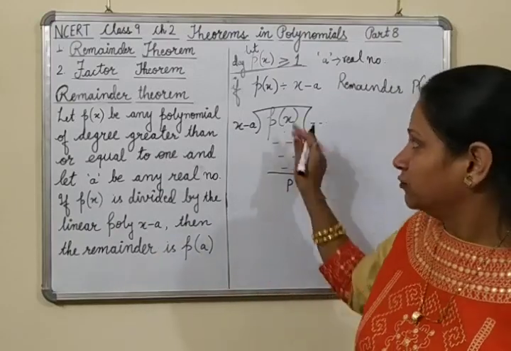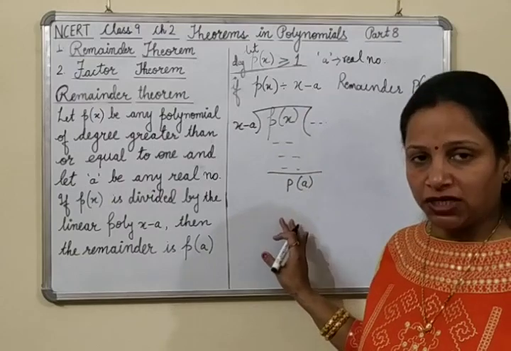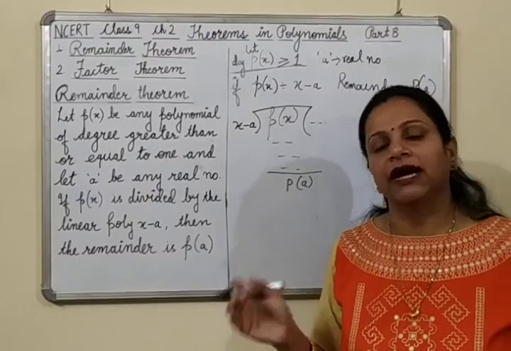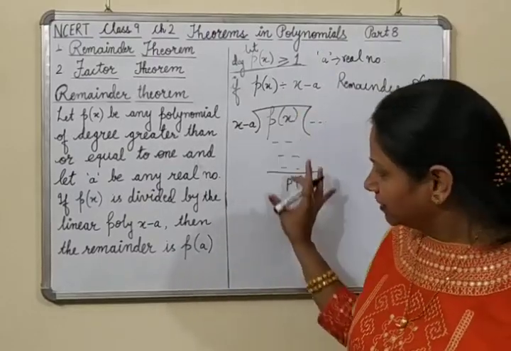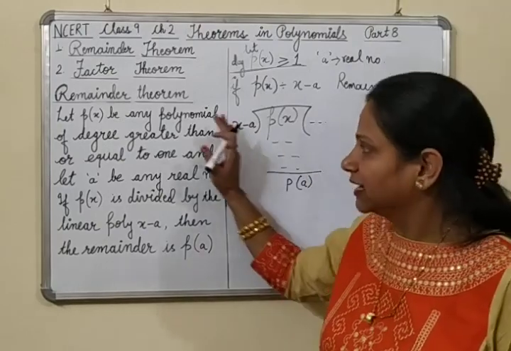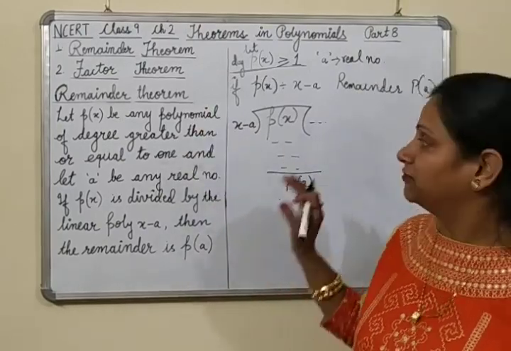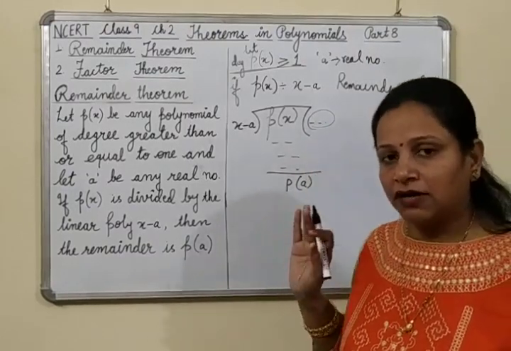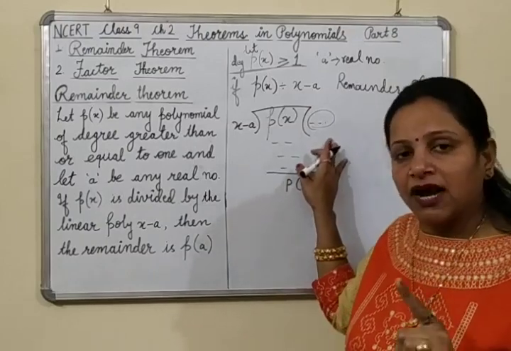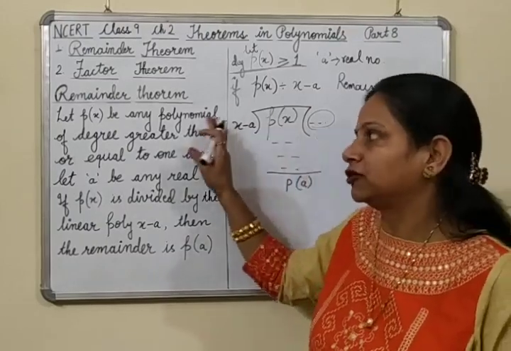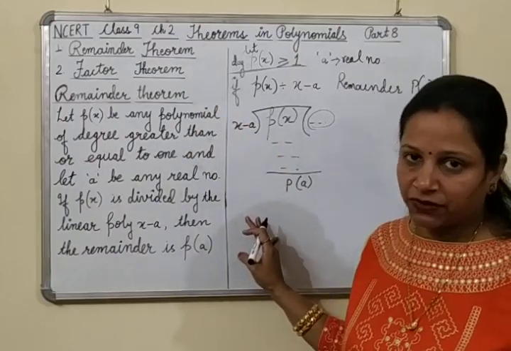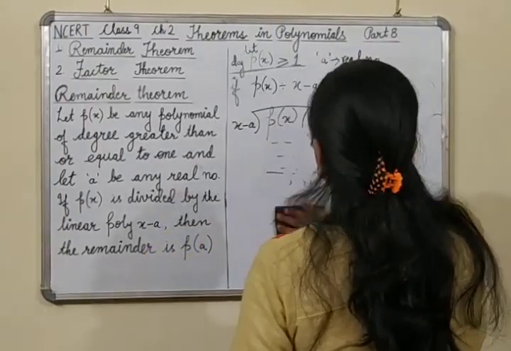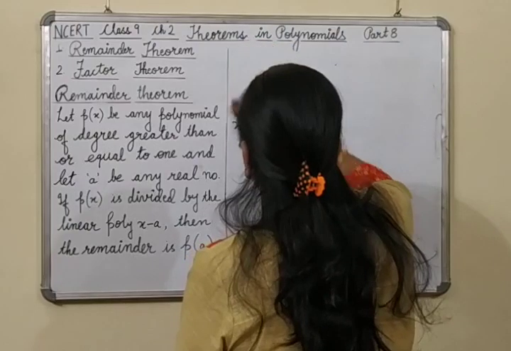This is because, if you see this process, if the question comes that find the remainder of a given polynomial, you are given any polynomial and you have to find the remainder, then directly without doing the division, we can get the remainder of that polynomial because we are not asked to find the quotient. In the question, we are not asked to find the quotient. If we are asked only to find the remainder, then this remainder theorem is applicable in such type of questions. I'll give you one example. From that example, it will be more clear to you what the remainder theorem is and where it is applicable.